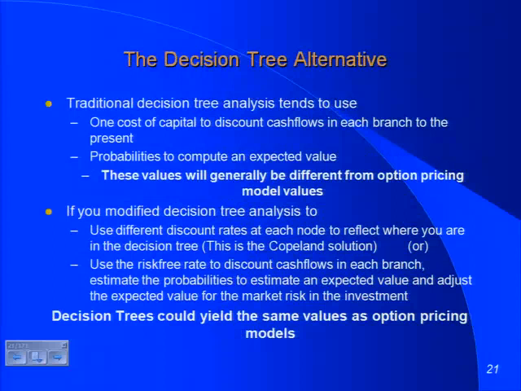If you take a decision tree and you allow discount rates to vary at each stage in the tree. In other words, when we think about discount rates, we think about betas. I mean, let's face it, depending on where you are in the tree, the risk you face can be different. If you actually adjust discount rates through a tree, you can show that the value you get from a traditional decision tree is exactly the same value you get from an option pricing model. So you can take managers who say, I don't get this option pricing stuff, and show them with decision trees and probabilities exactly where the value is coming from.